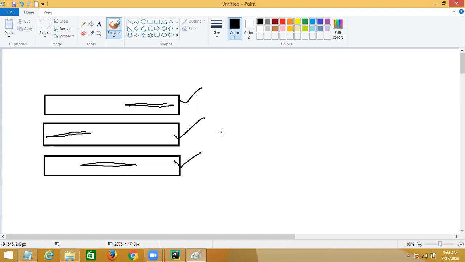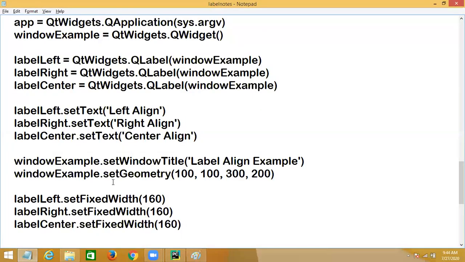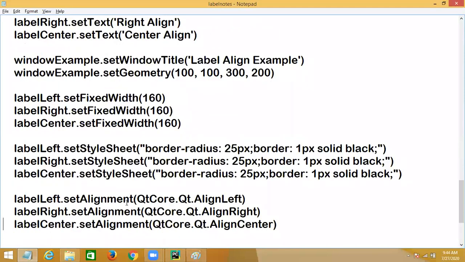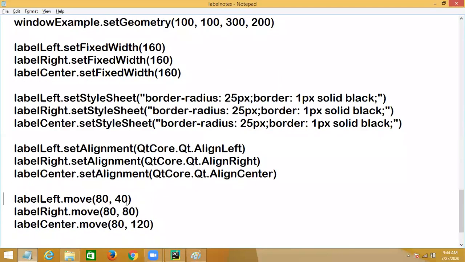Width is given here. Now if you see this example, I've given the width. After defining the width, you should define where to display this, but before that, see here, these are the positions where you are displaying it. And before that you should define the style, whether it is left align or center align.